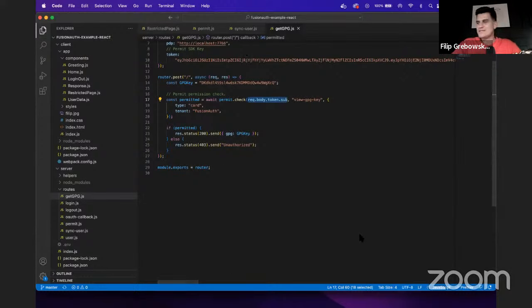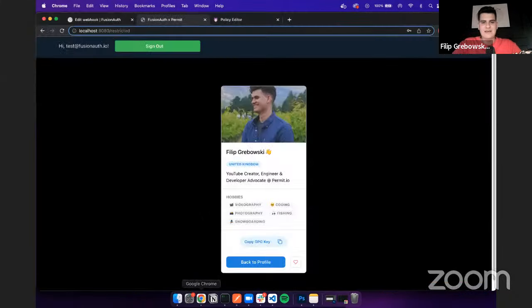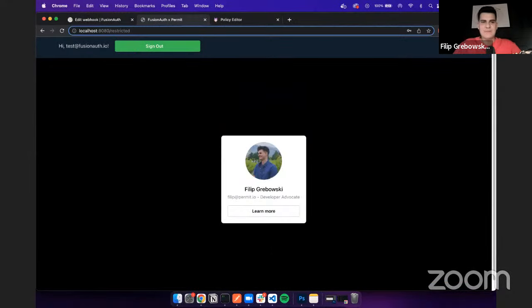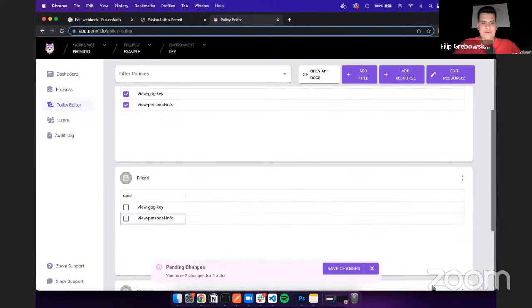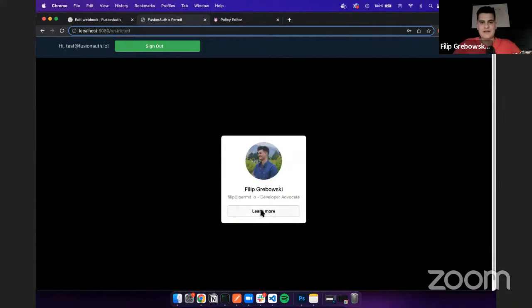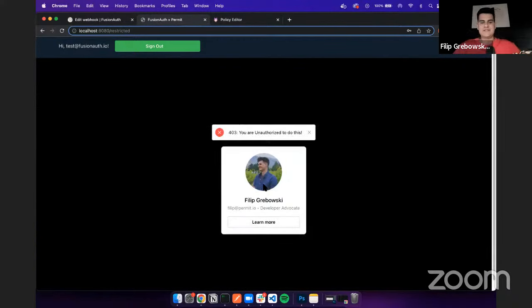And of course, if I just go back to the demo, those permissions can be applied and taken away very easily by just changing those permissions within permit. And if I remove those permissions and I try and learn more, those permissions are instantly taken away. So I think I'll wrap up the demo here, and I will pass it back to our moderator to continue with any further questions that anyone may have.